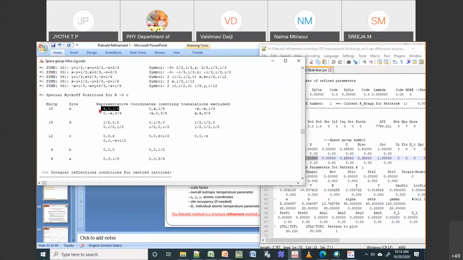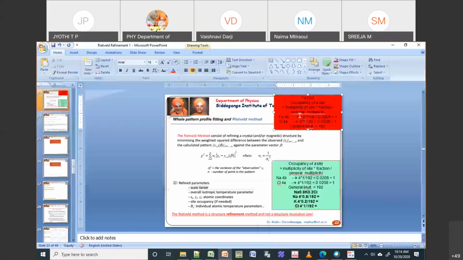So you have to take this site, so your oxygen would be sitting in the 18e site. So I'll put 18. If you take these ratios, and divide, then the general multiplicity is 36.